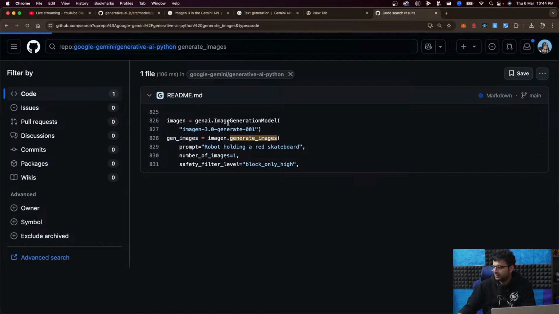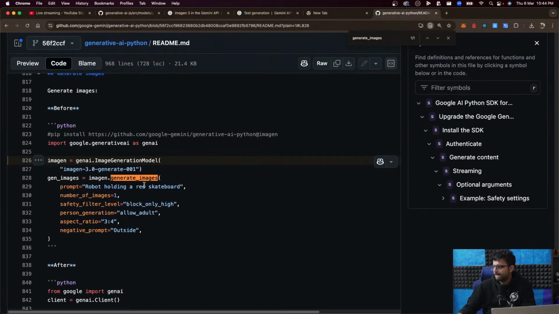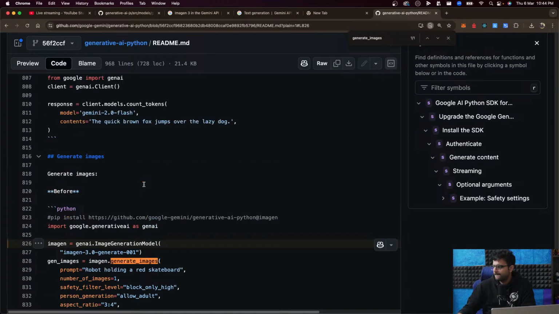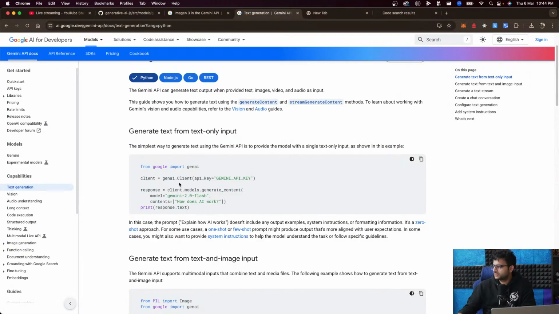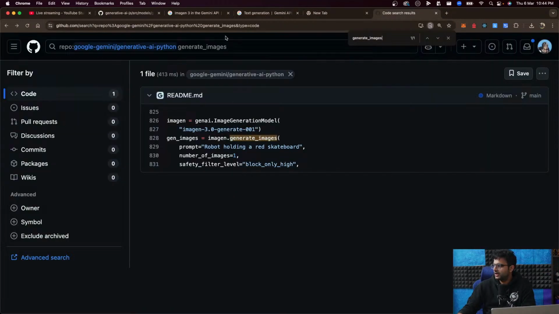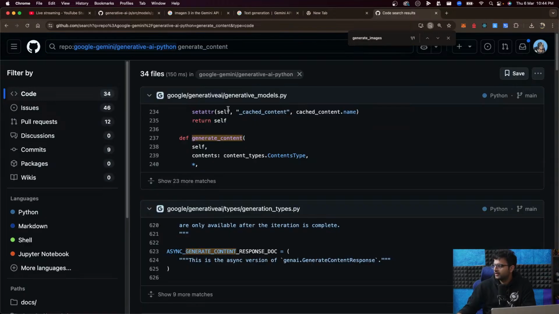Nothing great here. Okay, let's search for generate content. Yeah, there you go.